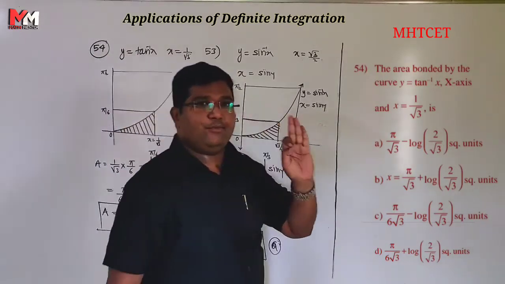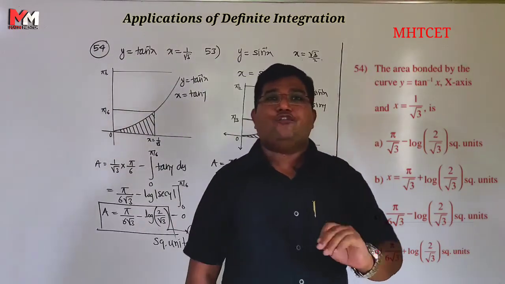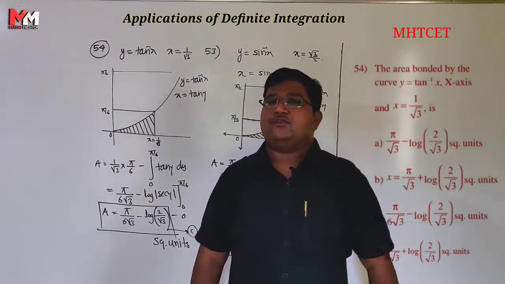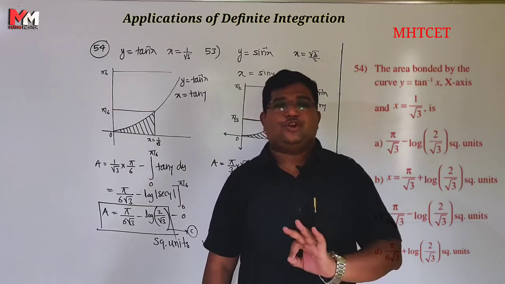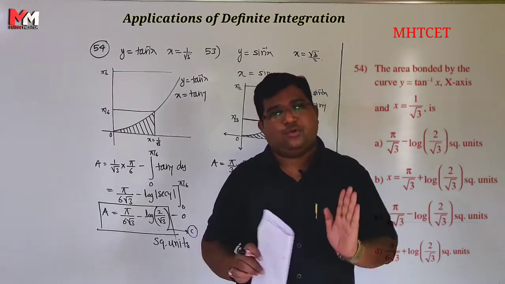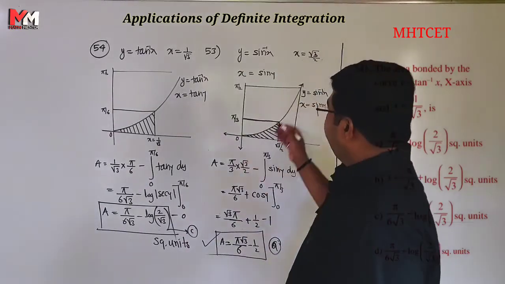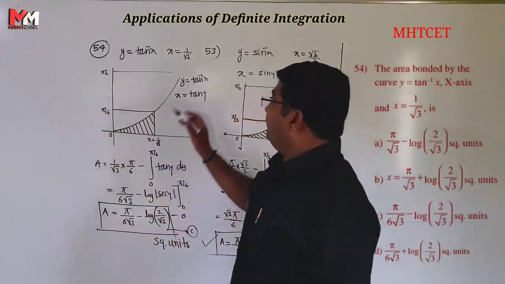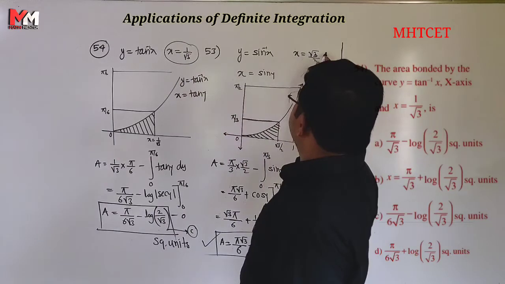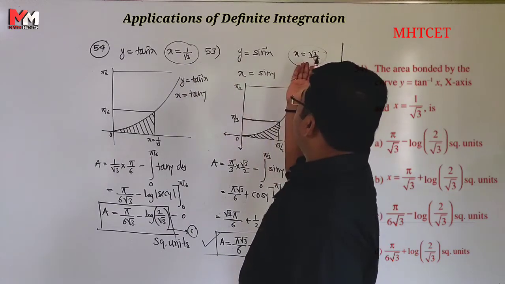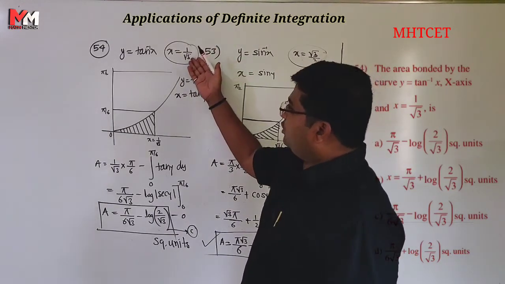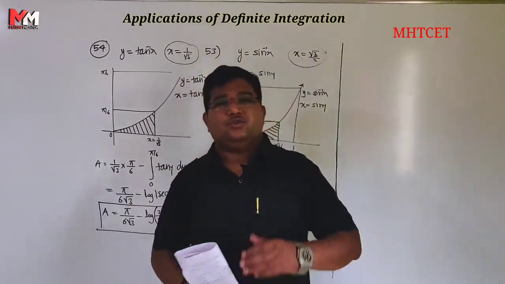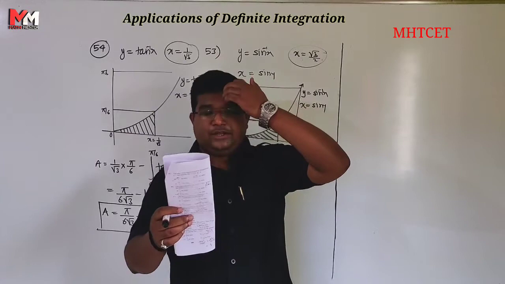OK, so these 53 and 54 are very similar but very important examples. This is the area of an inverse trigonometric function, the area bounded by the curve, where that function is an inverse trigonometric function, but this is the procedure. OK, so you must know this graph of sin inverse x and tan inverse x. The values here can change, only this much can change: 1/2 or √3 or 1, 0 to π/4, that is 0 to 1. So this is the completion of 53 and 54.